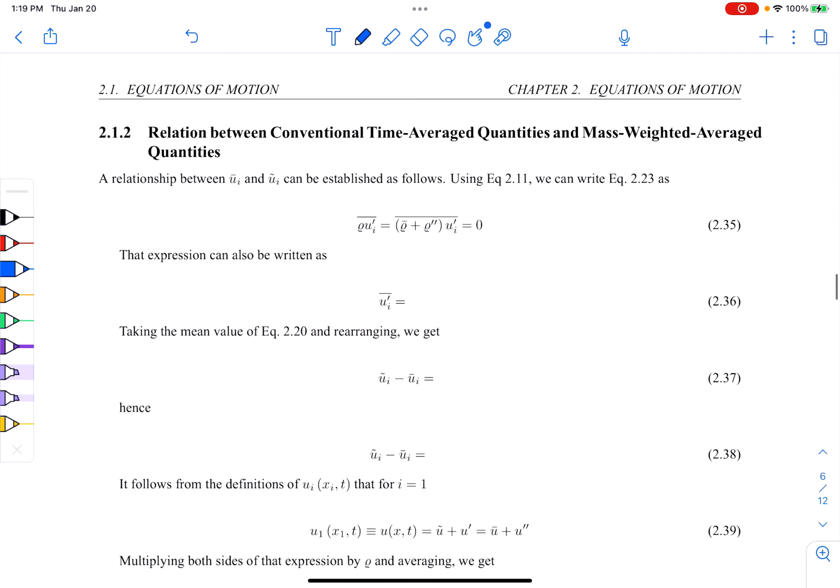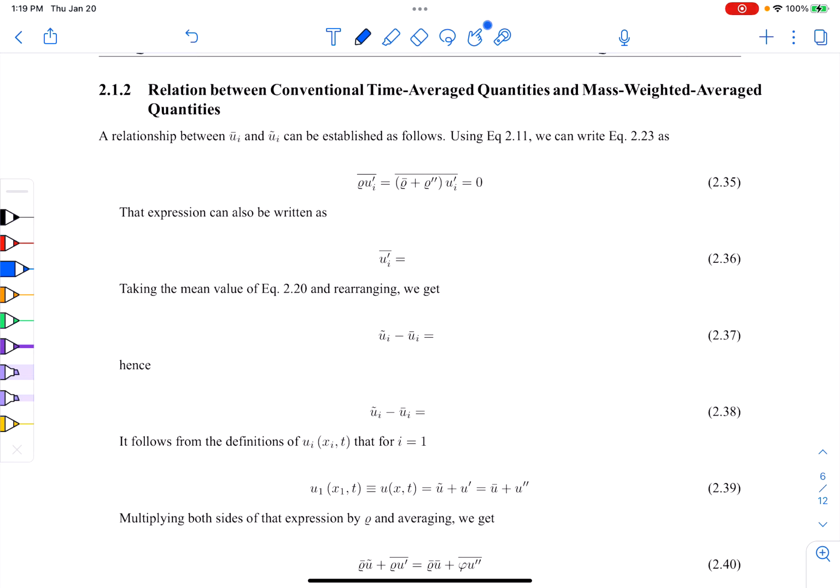Before we continue to get some of the most important equations which would go into modeling, it is important to understand these relationships. If I'm directly measuring velocities, how do I get mass-weighted velocities and compare them? This is where this would come in to resolve some of these issues that maybe the NASA researchers faced. So we want to look for a relationship between U bar and U tilde,